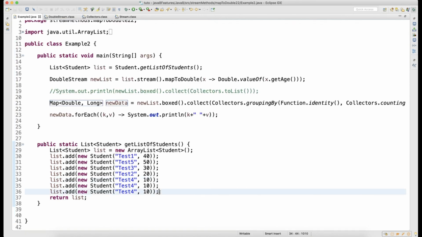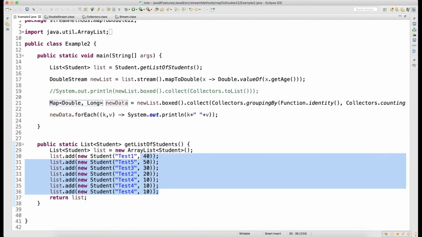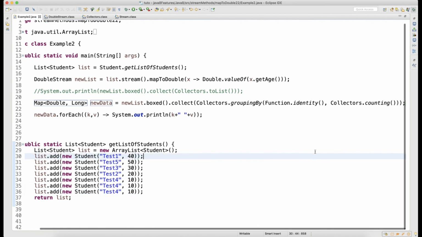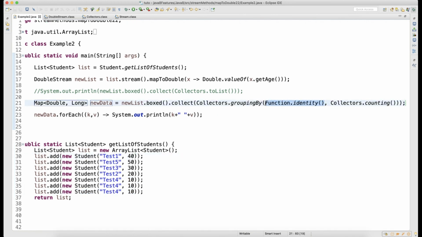The reason is that when you converted this age into a double, your 10 got converted to 10.0, which is perfectly fine. Integer got converted to double. Now how many times is this repeated? 3 times. So whatever identity you had, the double type identity, this counting will count your identity basically.